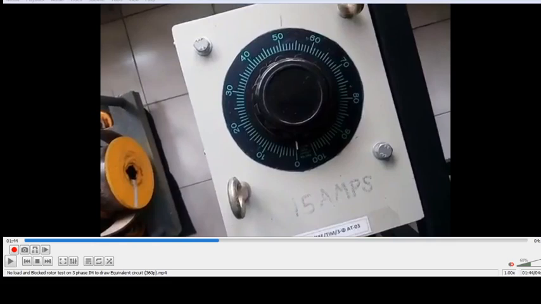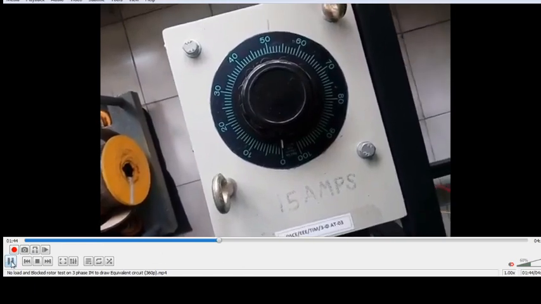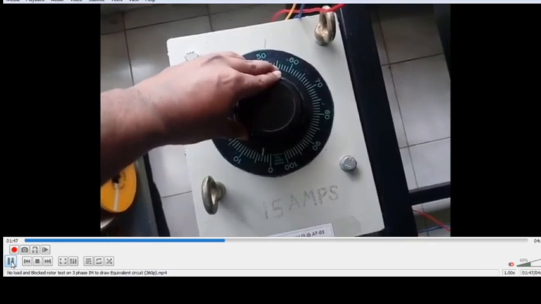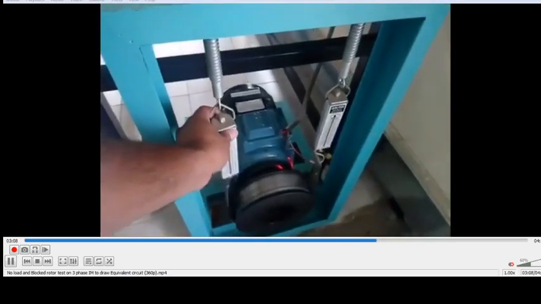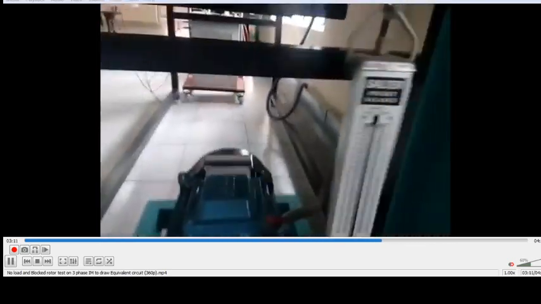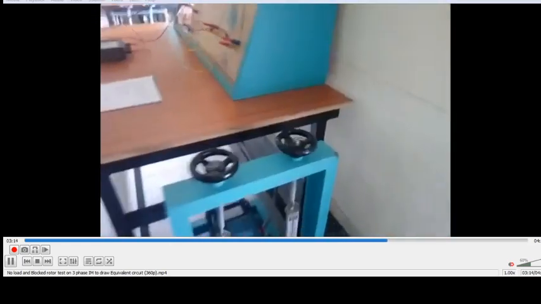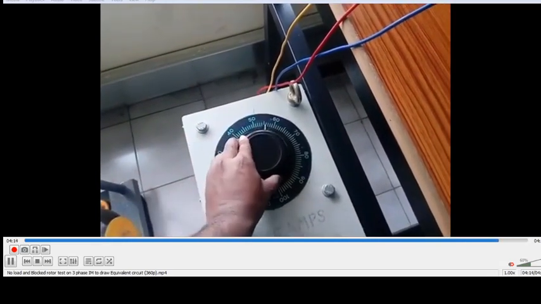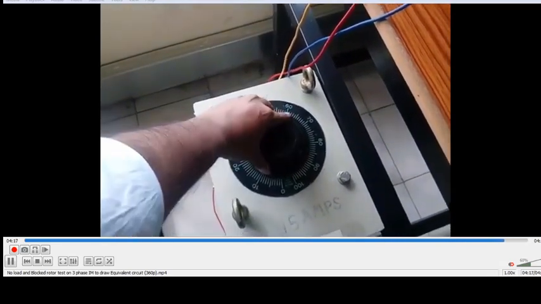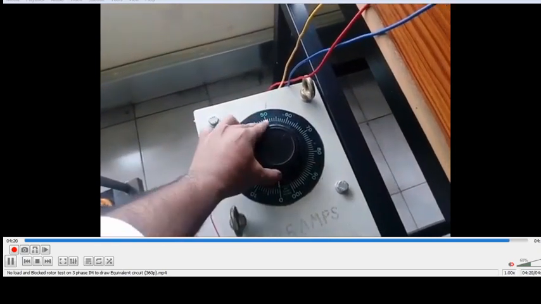First keep the auto transformer at 0 condition. Then we move that value to the rated value. So we have to change the auto transformer to get the rated value. By seeing this we can see that S1 and S2 have no load. These two values are showing 0. All the values, we are moving that auto transformer from the maximum voltage and bringing the values down to 0.